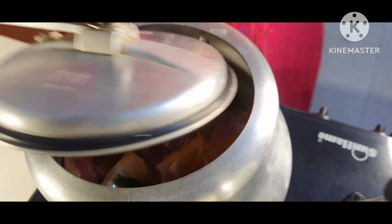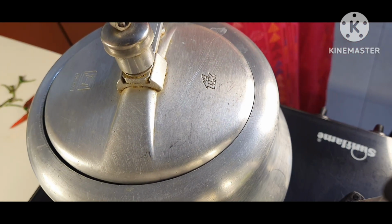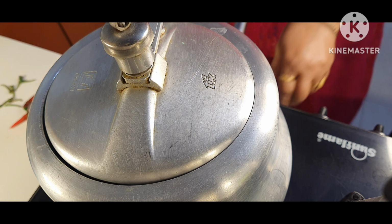Now when the pressure is totally released, I will take it to the mixie jar and then I'm going to grind it. I'll show you all, friends, and in between,